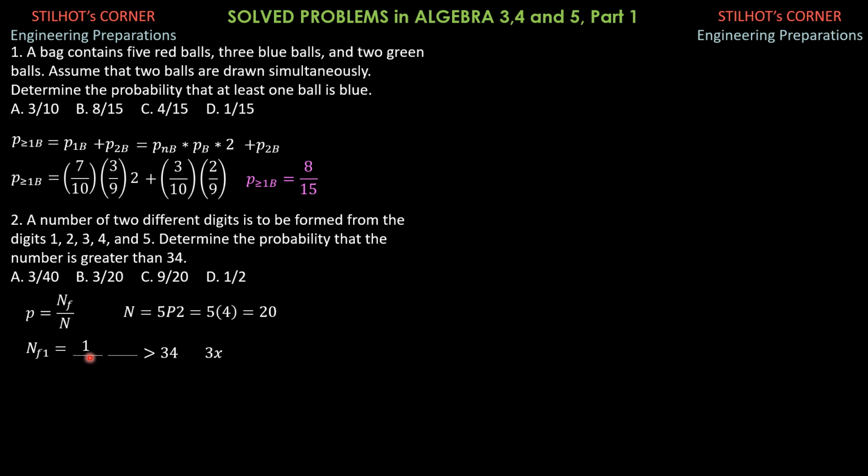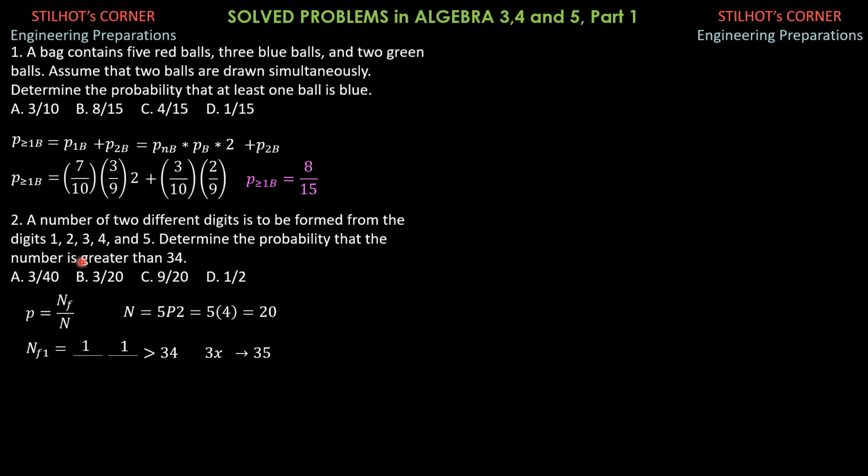So there's only one digit that can be assigned here, which is 3. And in the second one, there's also one, which is 5. And that number in particular is 35. For the second case, when the 2-digit number of different digits is greater than 34, there will be 2 in